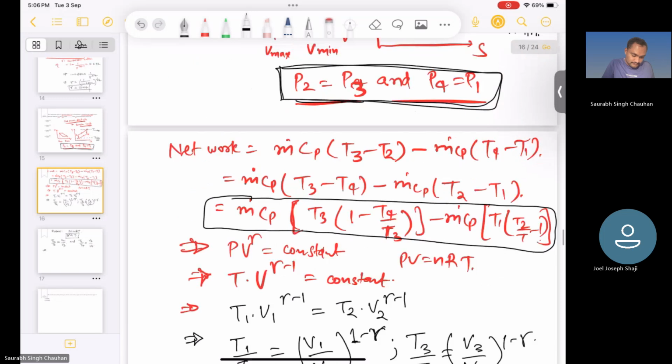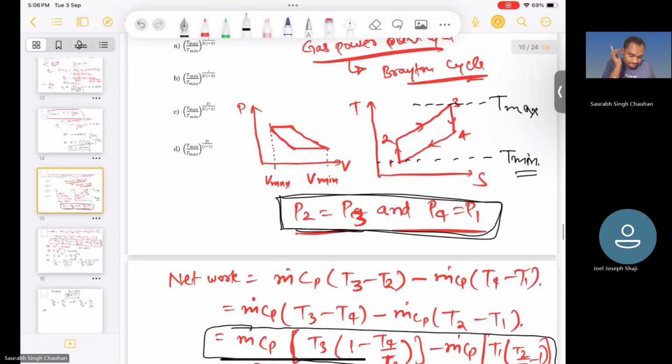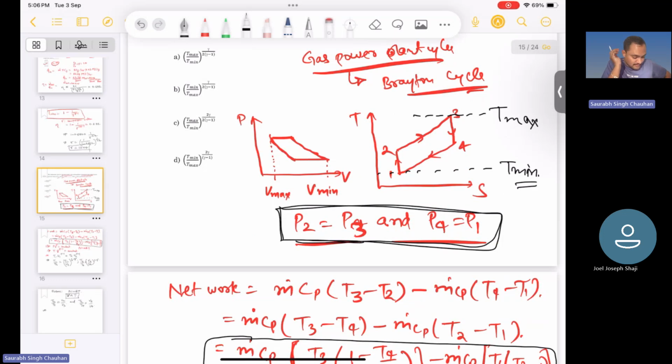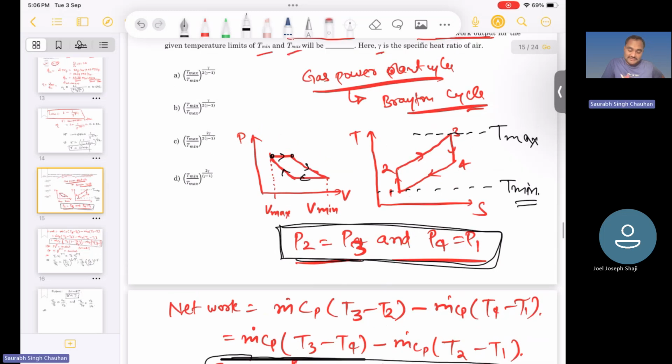Now, what is the compression ratio? Compression ratio is the ratio of maximum volume to the minimum volume. So where are the maximum volume and minimum volume? Before the start of isobaric compression, we have the minimum volume. And at the starting of isobaric compression,